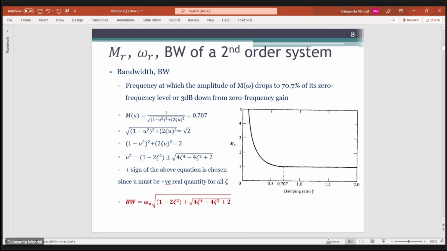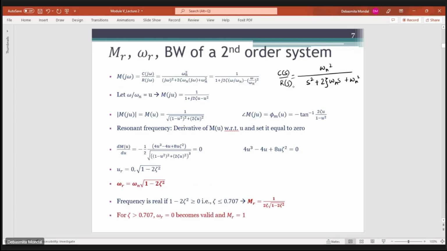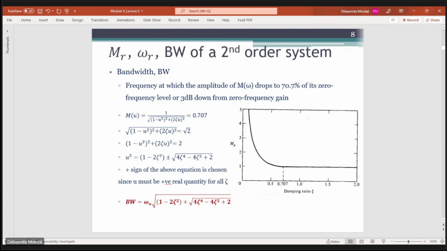So how can we find out the value of this bandwidth? The value of M(ω) will be equal to 0.707. So we will simply solve this equation for 0.707, and we will get the value of u. In the previous case, we defined u to be ω by ωn. Once you have found u, you can find ω. So bandwidth would be ωn times the square root of this expression, right? And if you plot the value of